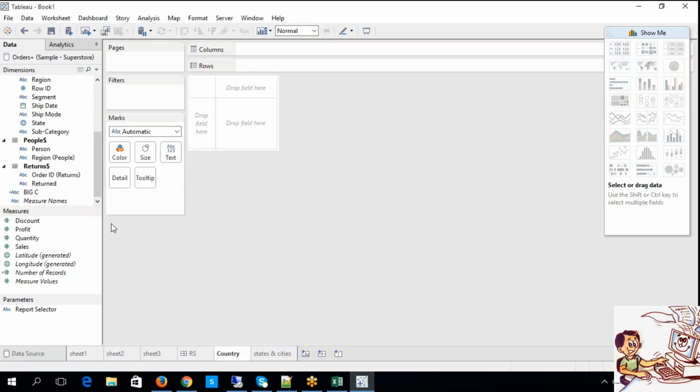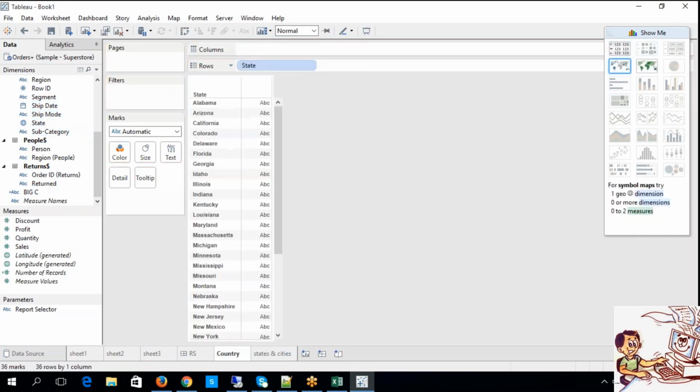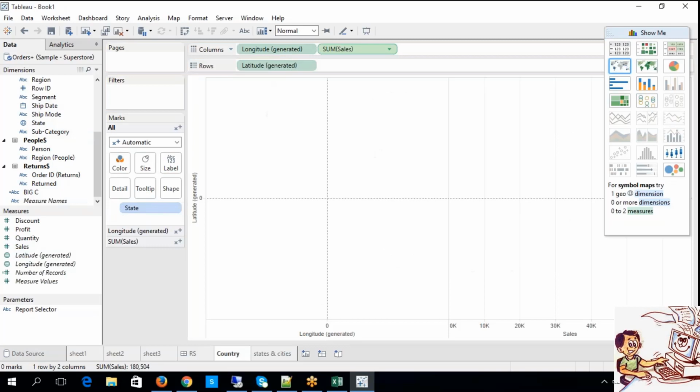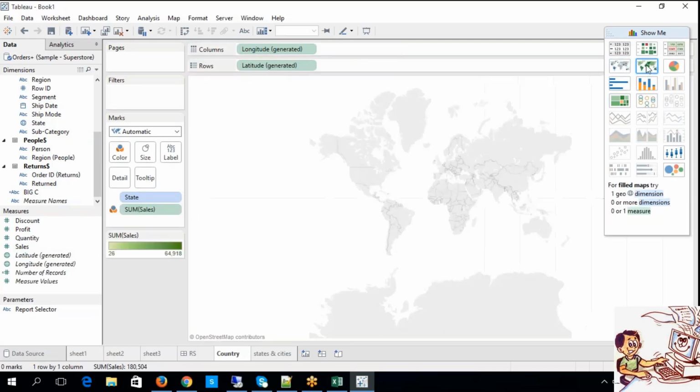So I'm trying to place state here and corresponding sales here, but it is not enabled basically.